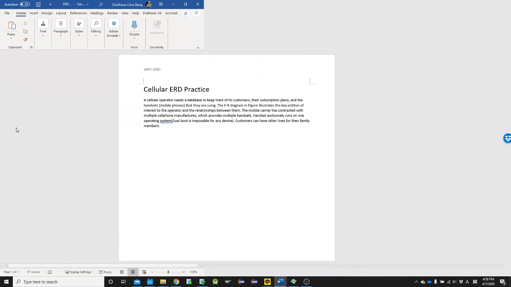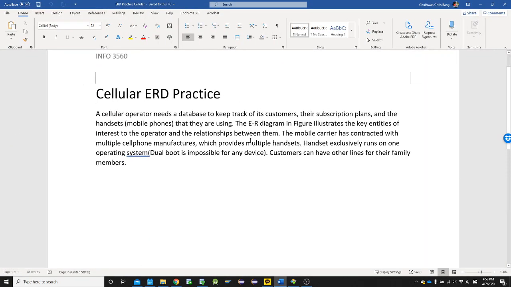Okay, here it is. A cellular operator needs a database to keep track of its customers, their subscription plans, and the headsets, mobile phones that they are using. The ER diagram, shortly ERD, in the figure illustrates the key attributes of interest of the operator and the relationships between them. The mobile carrier has contracted with multiple cell phone manufacturers, which provides multiple